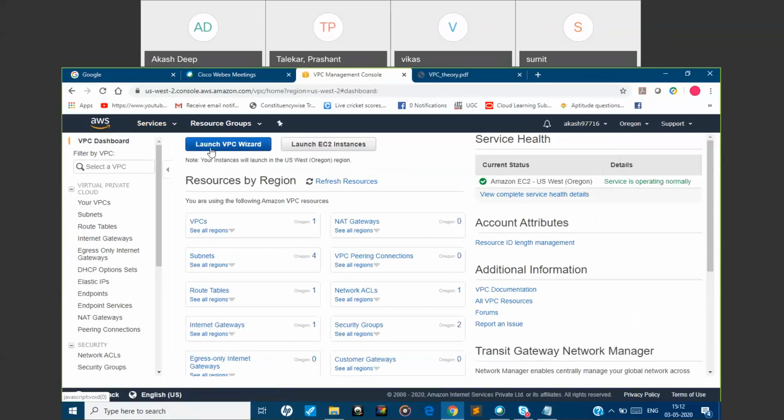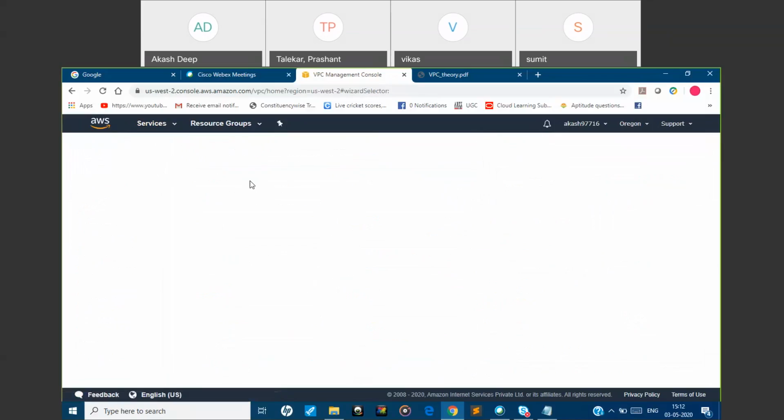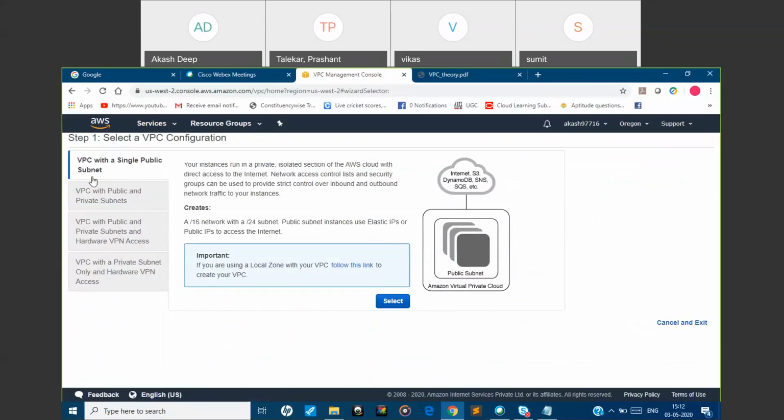If you click here, all the architecture, like a VPC with a single public subnet, or a VPC with public and private subnets, the background configurations will all be done for you. In a company you might use it like that, but for learning purposes we will not go with this. We'll design our VPC from the root.